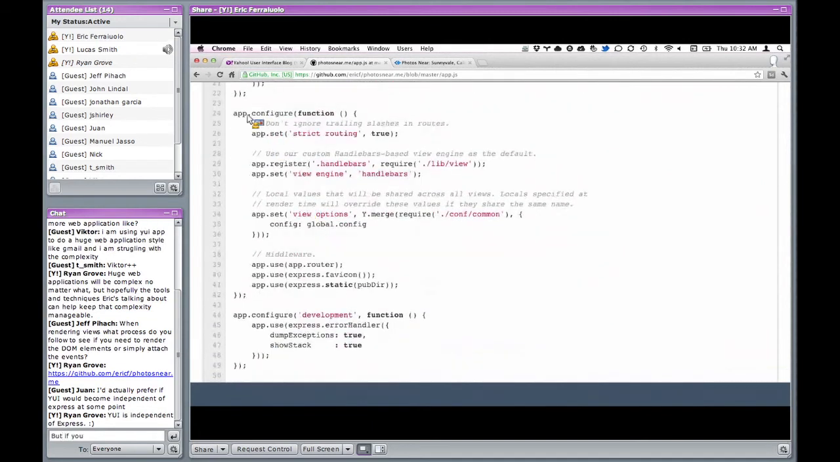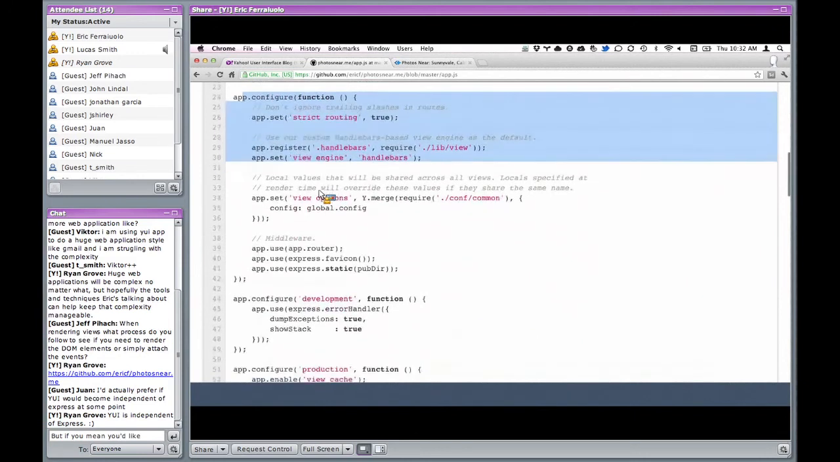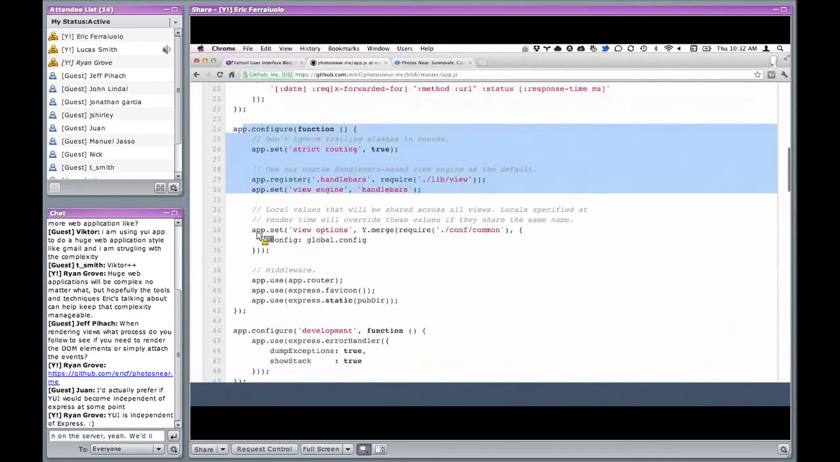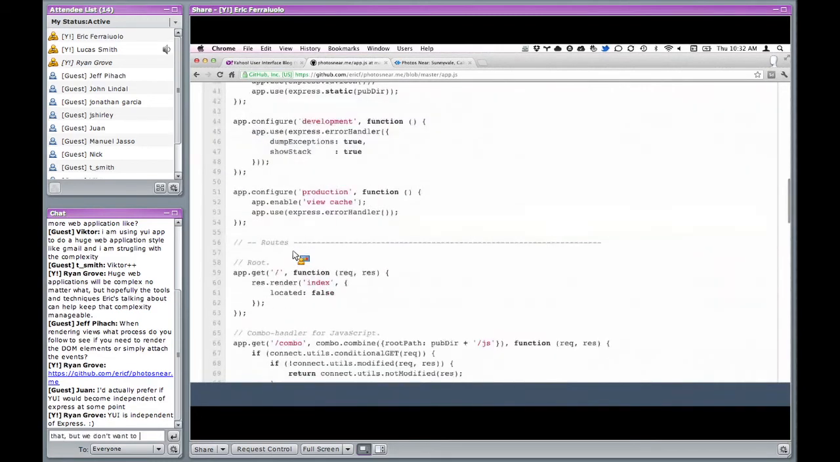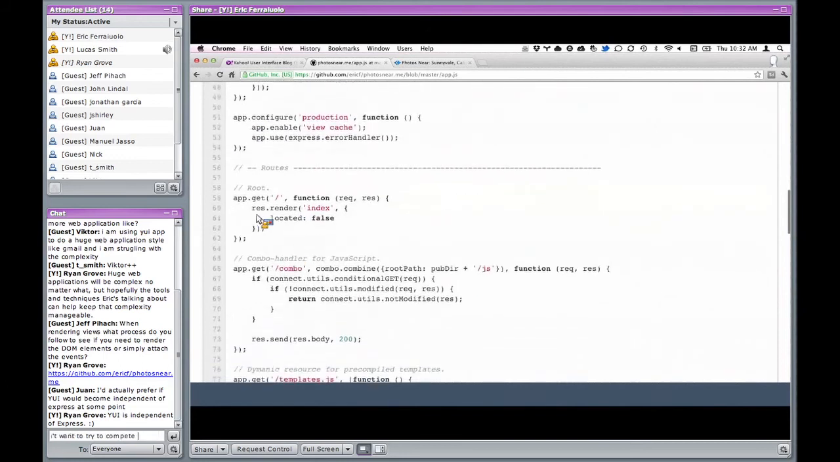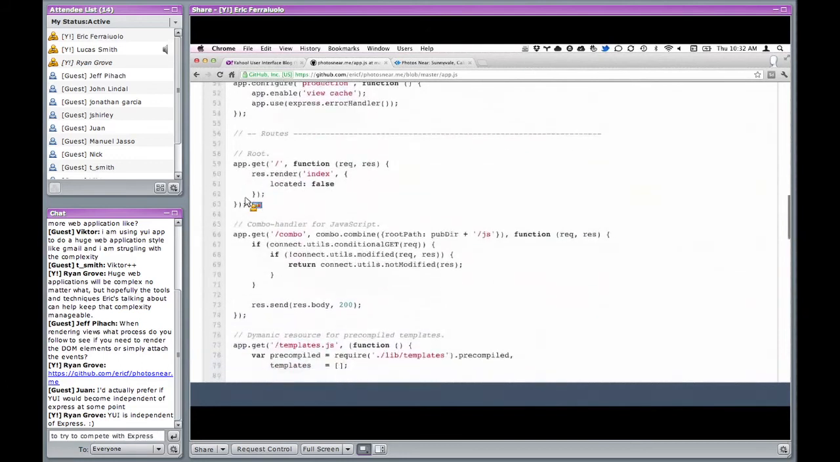And so this is some configuration stuff that it's doing for the app. One thing that we can get back to is how the view options are set up for handling the views or templates on the server. But let's look at the routes. So the routes here are,